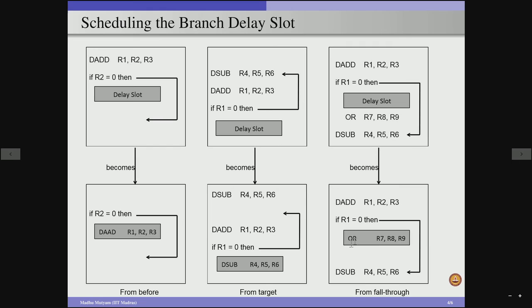And if the branch is going to take place, that means if it is going to take the true path, then we are supposed to execute the other instruction, but we are executing the OR instruction, then we are going to get a performance penalty of 1 cycle. So effectively, this third technique will be helpful for the cases where branches are not going to take place with high probability. And the second technique is helpful in the cases where the branches are going to take place with high probability. And the first case is actually helpful where the compiler can find useful independent instructions in the